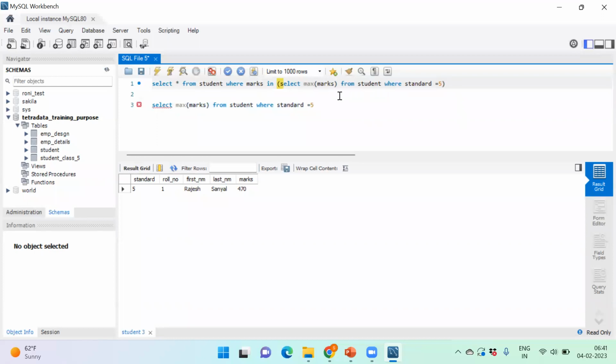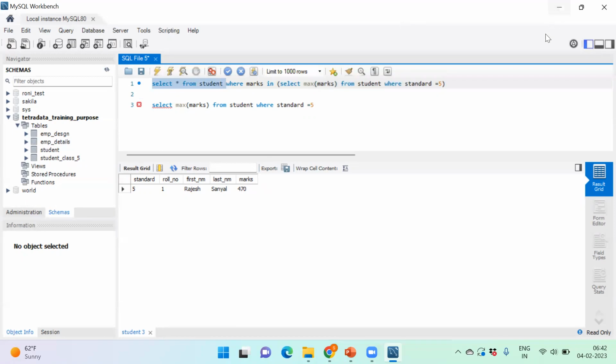So what I'm doing, it's working as a subquery. This is the main query. Select star from student where marks in, and as the filtering criteria I'm passing another query. This is called a subquery. From this select query, I think we are aware that only the particular mark should be passed by this particular query. So the particular value should be coming over here, and it should be fetching only the particular marks by